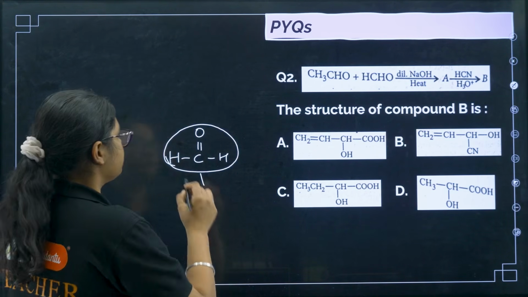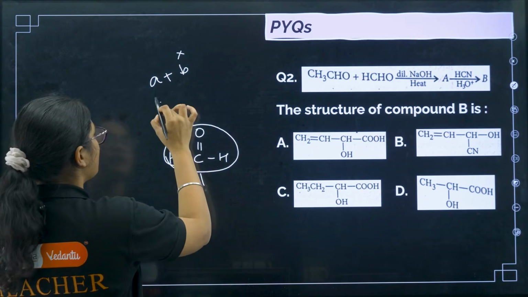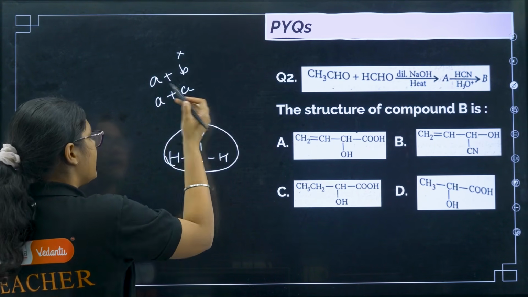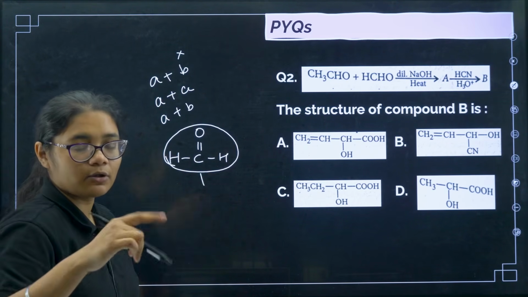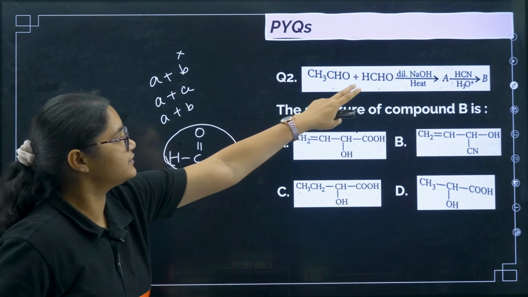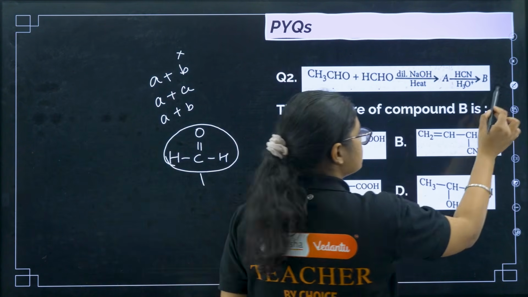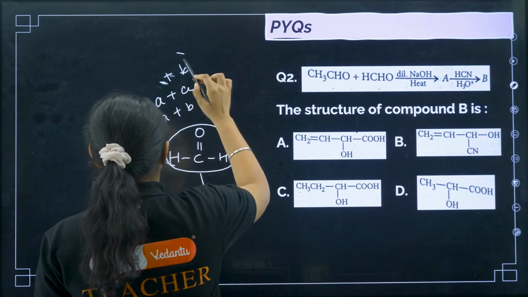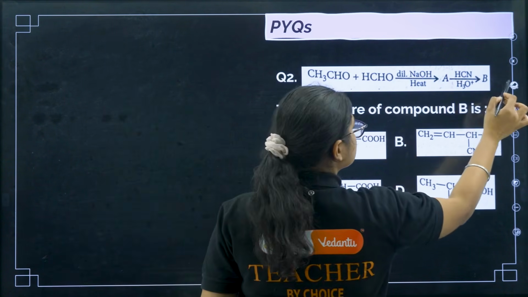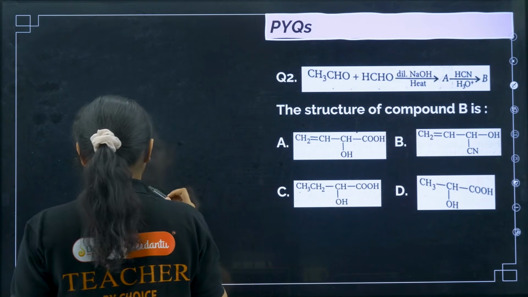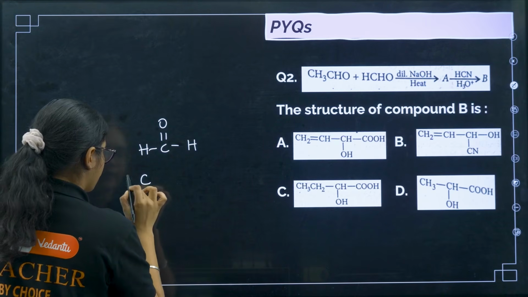So what will happen is if I have A plus B, okay, this B is not having any alpha hydrogen. So one product I can get is A plus A, another product I can get is A plus B. We won't get B plus B or B plus A, means this cannot attack on this one. This one can attack on this one. Okay, so how will I do? See, if I just remove everything, so what will be the product here? So the first one, that is your CH3CHO can attack, right? So I will write HCOH